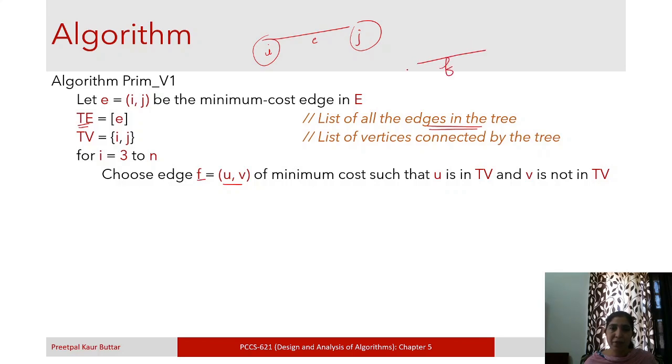This is an edge F and it is connecting u and v. We will choose it if it is of minimum cost. Suppose among the vertices which are left, this is the edge F which has the least cost, such that u is in TV and v is not in TV, right? So as we did in the previous example,